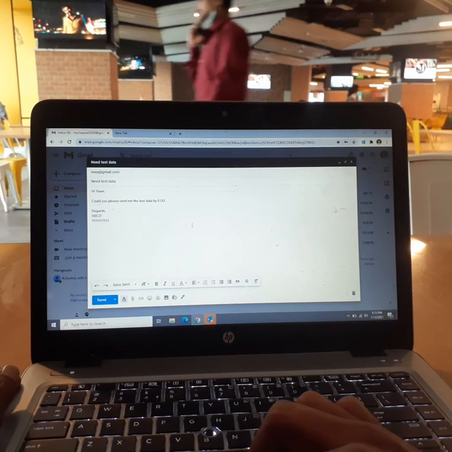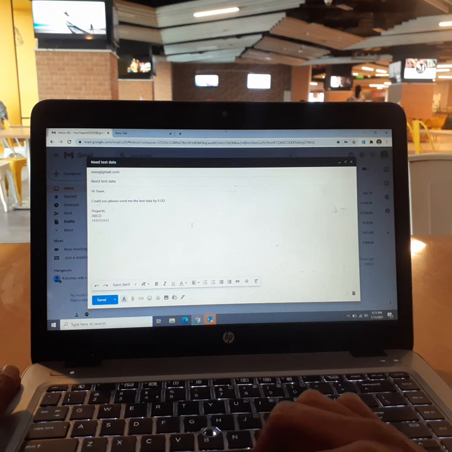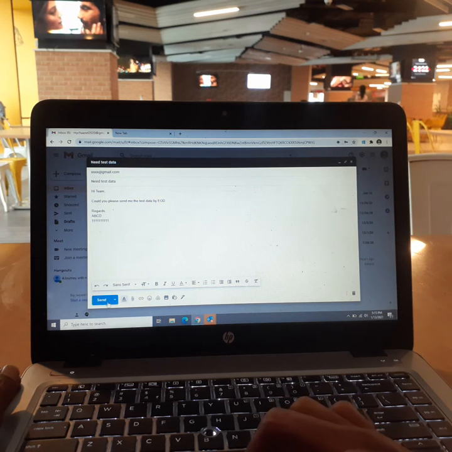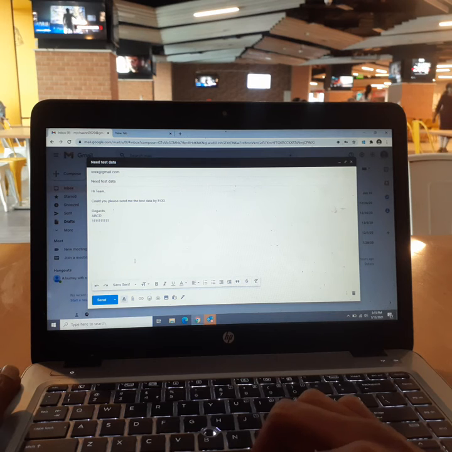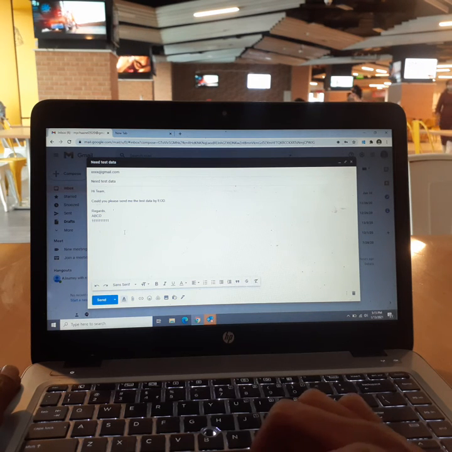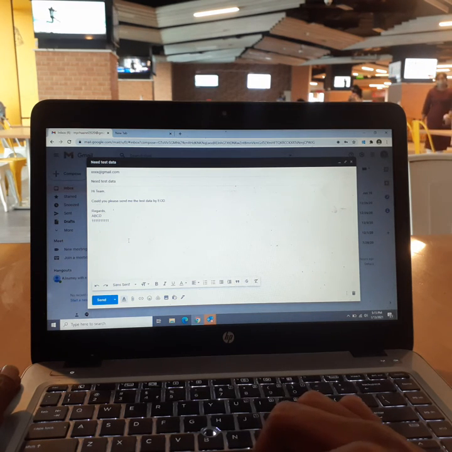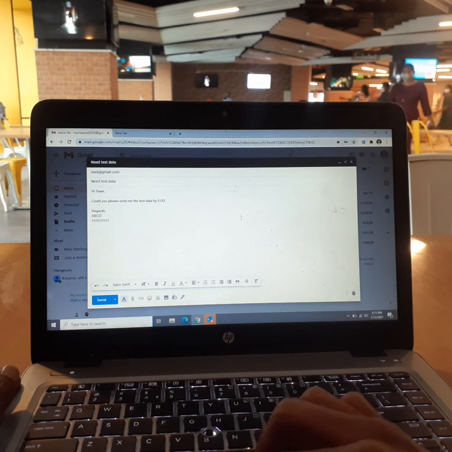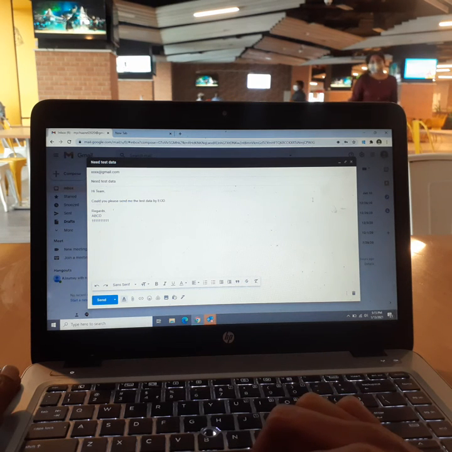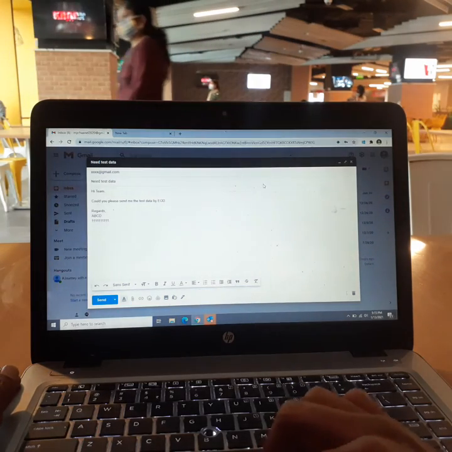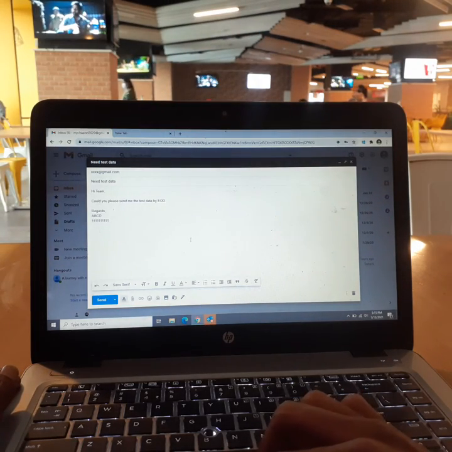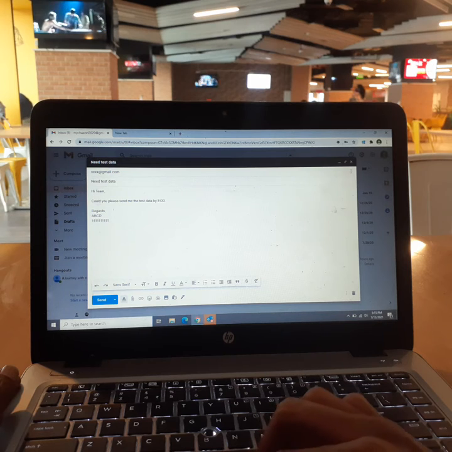All right, so that's all about Gmail. So this is what I can send now. Since I am doing it for a dummy email, I'm not sending it now. Once you're done with all these things, you can just click on send. It will go to whomever you're sending it to in the next couple of seconds. All right, so that's how you write mail using Gmail.